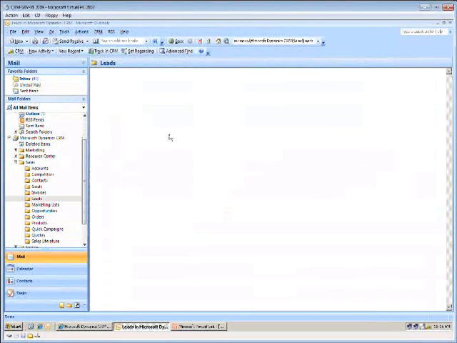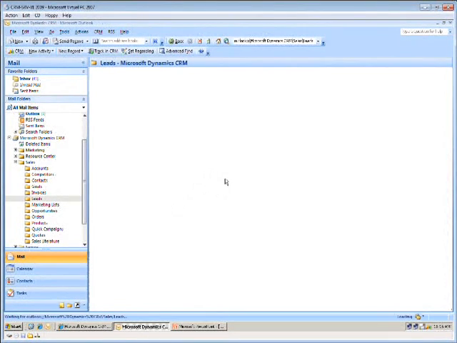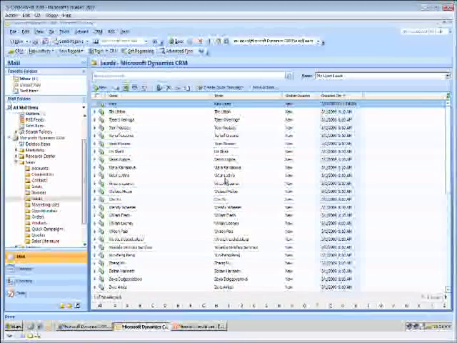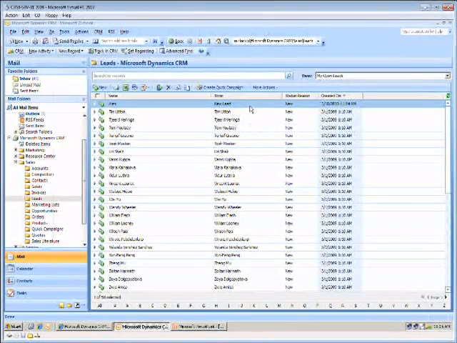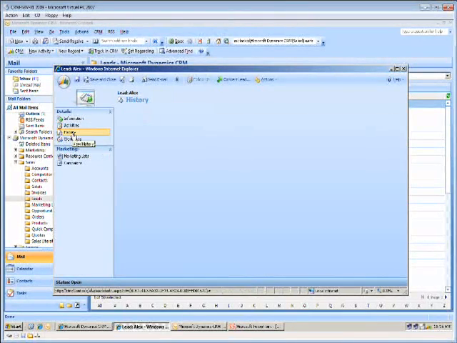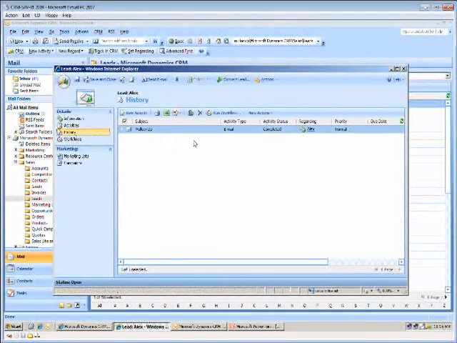I'm going to come over to my leads. And my leads are going to open up, and I'm going to be able to do a search for all the leads that I have in the system. I know that when I put this lead in, I can have a number of workflows that fire. Let me open up this lead, and I can look at the history associated with this lead. And there's the email activity that came in. So like I said, I can delete it from my inbox because I know it's part of the history